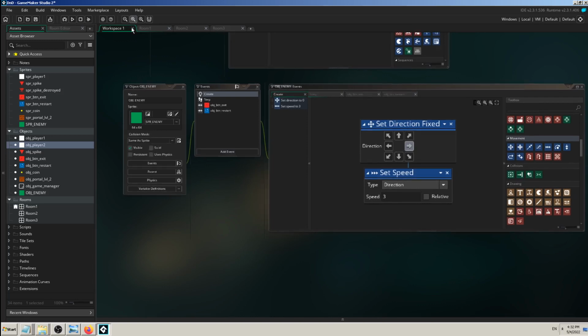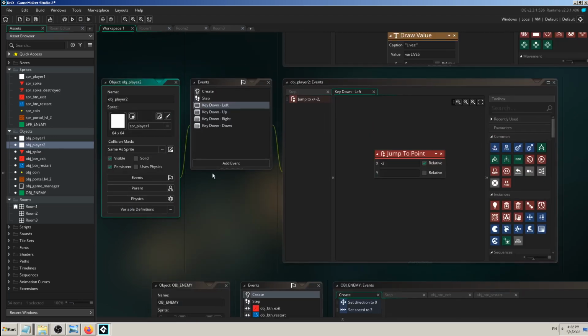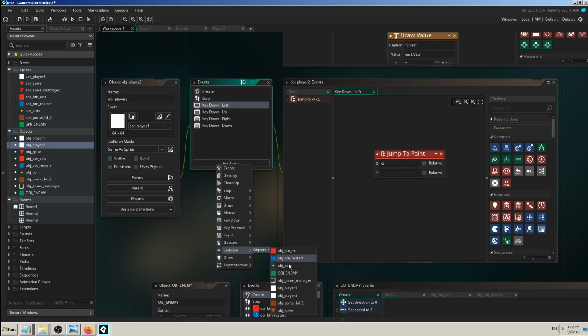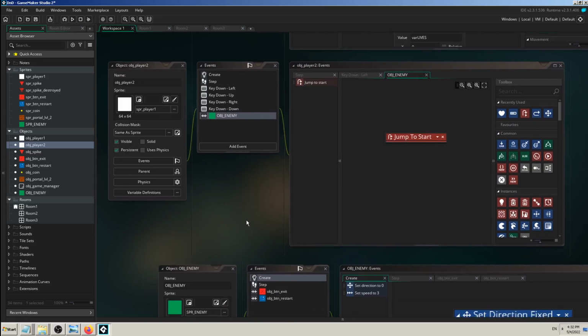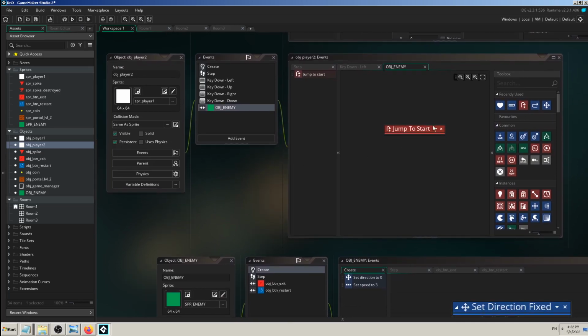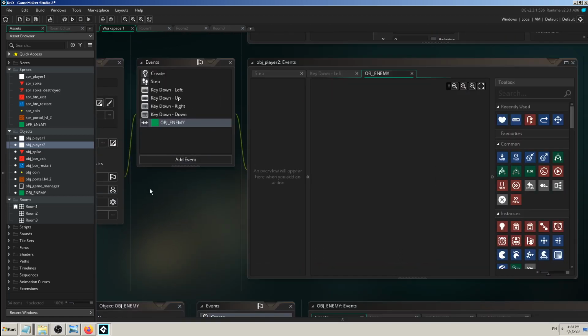Okay, so in the last video we added a collision for OBJ enemy to collide with the restart and exit button, and now I will try to find my OBJ player 2. It doesn't have any kind of collision, so let's start with it. Let's try to find collision with object OBJ enemy. And what do I want? Yeah, I already did that before, it seems, maybe as practice. So I will delete it, and that's why GameMaker remembered this block, so don't think it will happen to you also. Anyway, I have added the collision